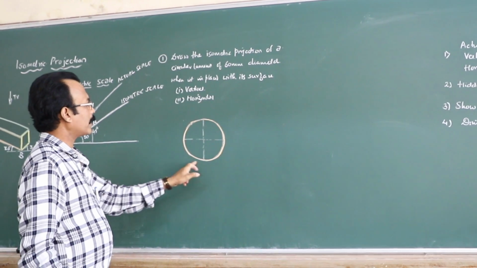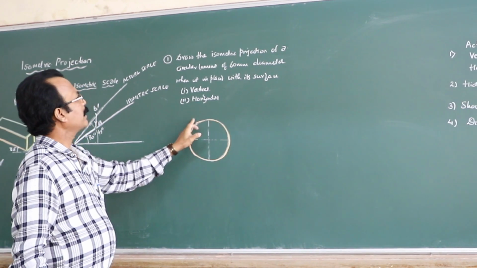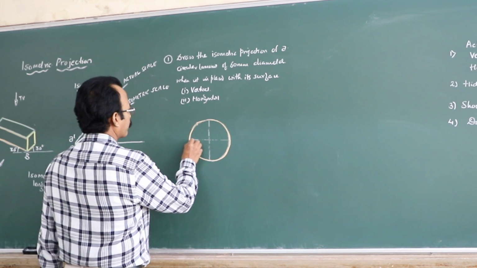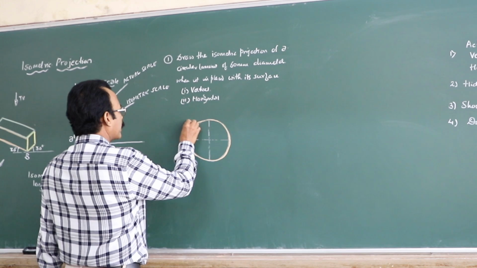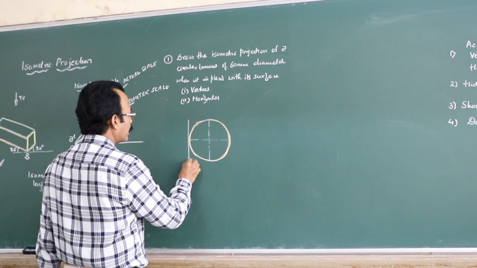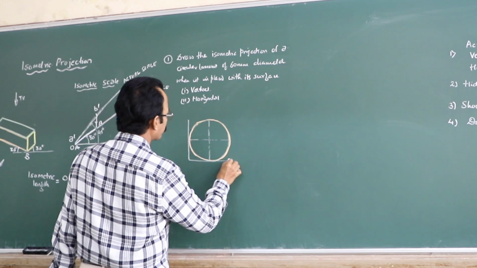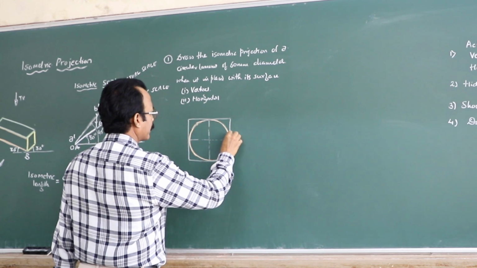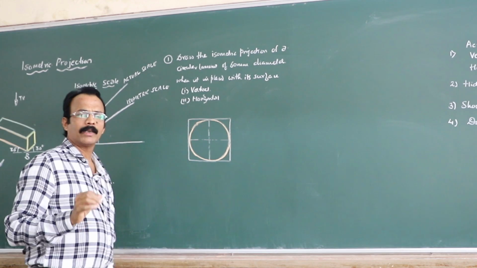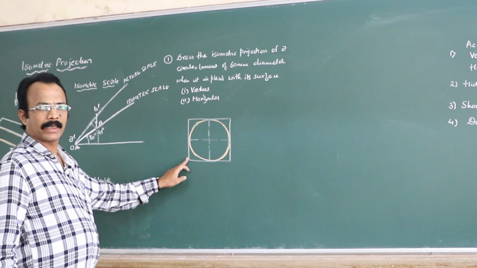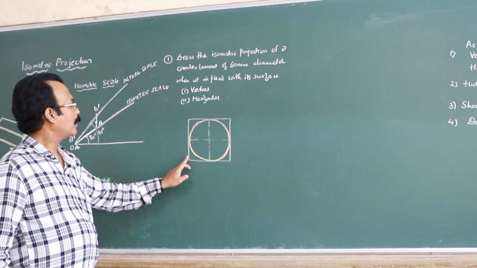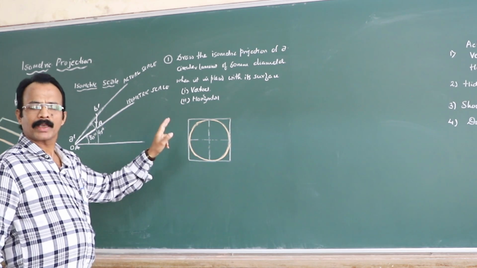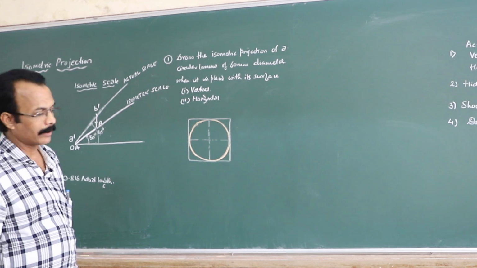So I have drawn the true shape here, right? That is, draw a circle of 60 mm diameter. Then enclose this circle in a box, right? These are all construction lines, so they must be light lines. So please remember, whatever I am drawing in white color, it is all light lines. Whatever I am drawing in color chalk piece, any color it may be, they are dark lines there, right?